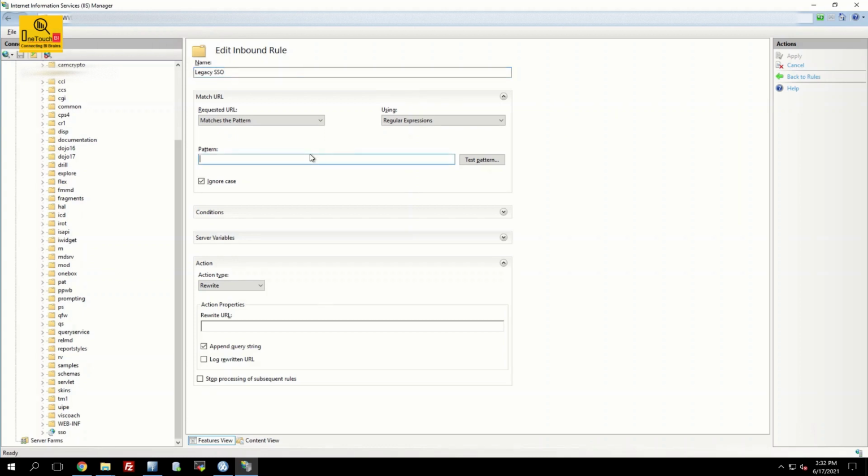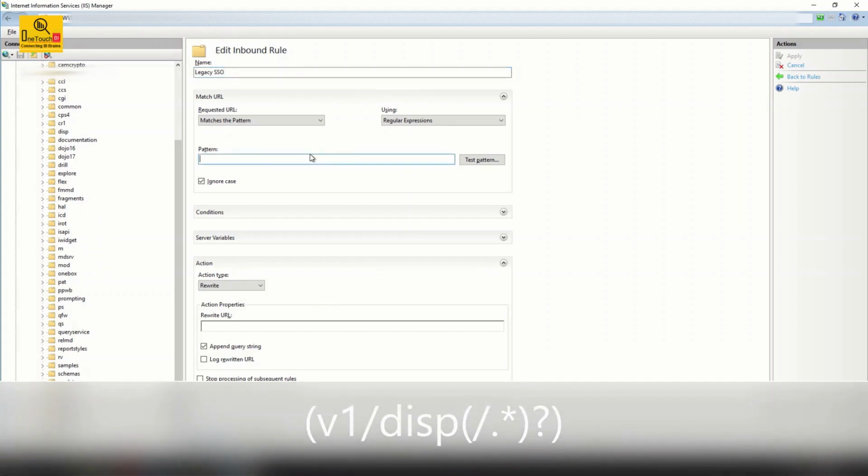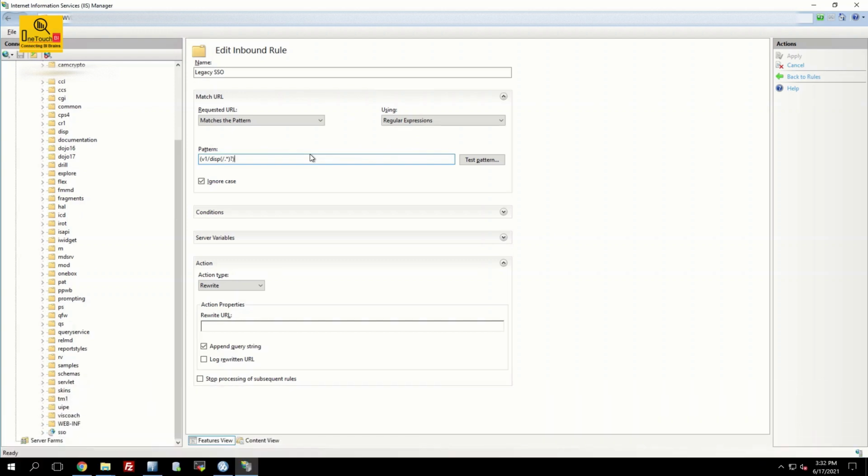In the pattern, type exactly what I'm going to type. Open the parenthesis, type v1/disp, open the parenthesis again, put /.*, close the parenthesis, put the question mark and close it again. That's all.